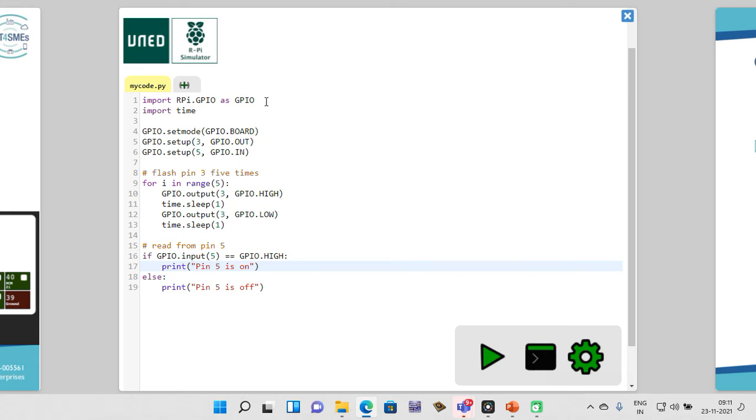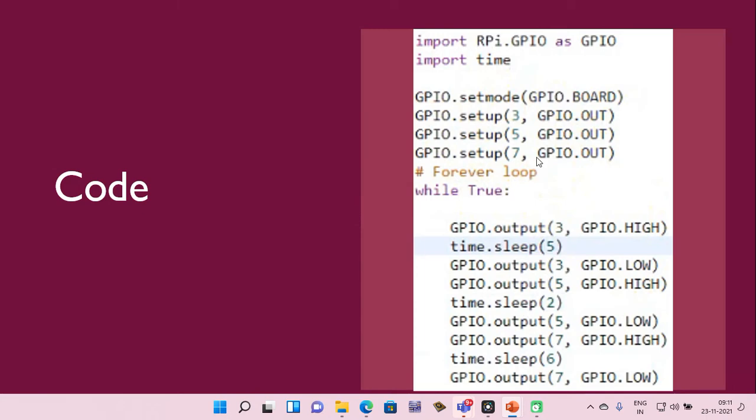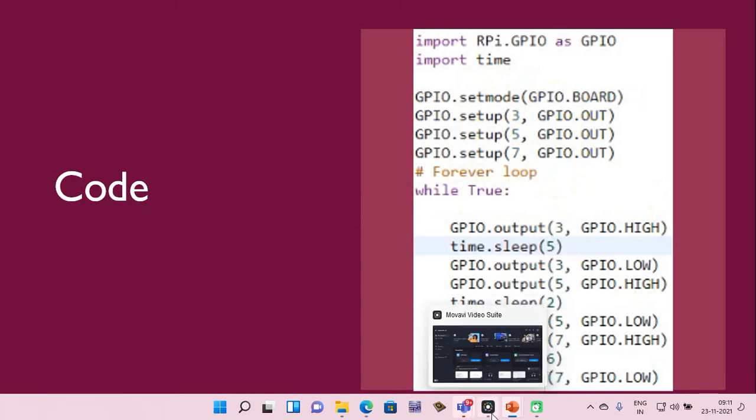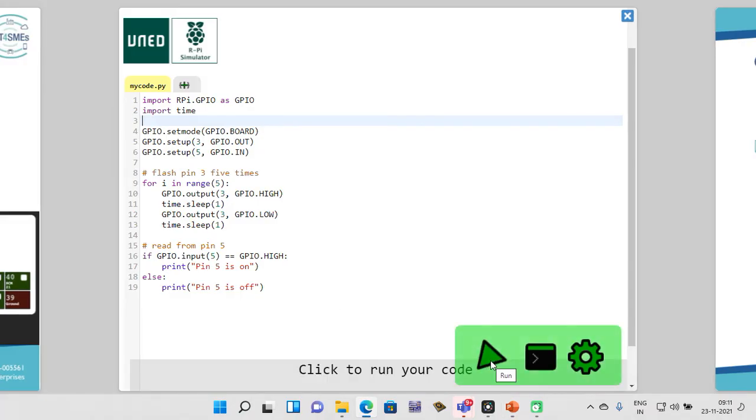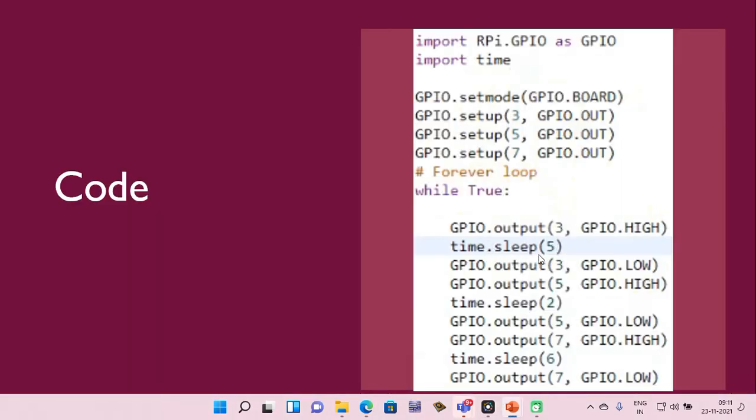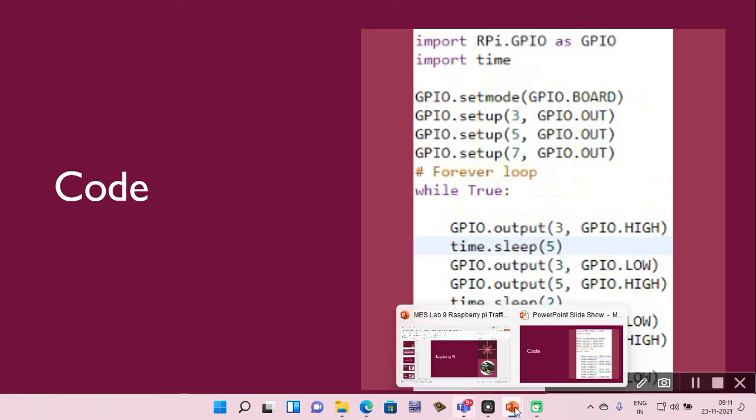Write the code over here. You can just type your own code. Add the things that are on your demo PowerPoint slide. Write the code over there. After writing the code, click the play button to see the traffic light in operation. And what more you can do: change the timing. Change the timing. And what I would like you to do is implement this.